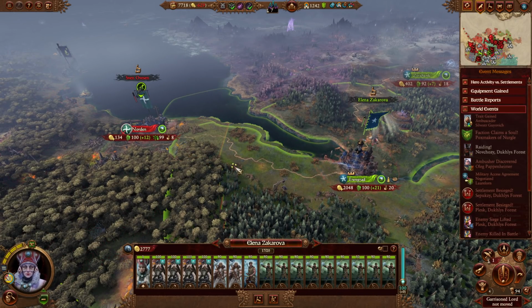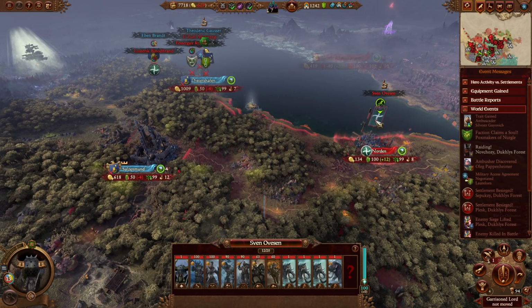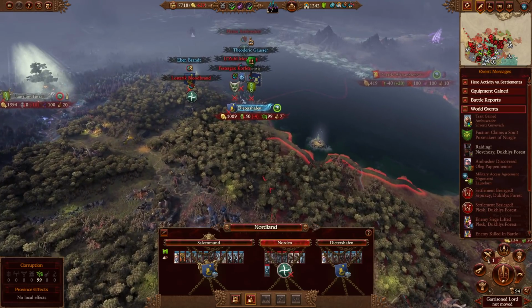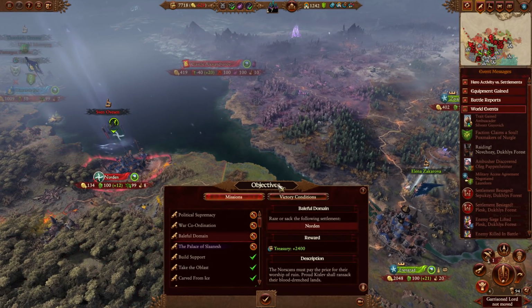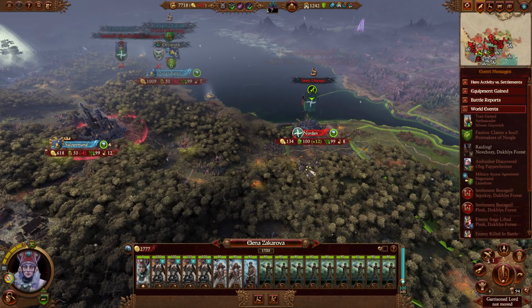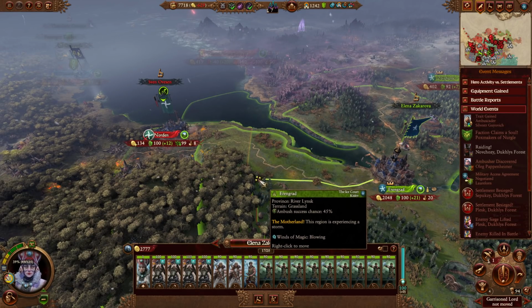I am tempted to try and set up an ambush. I am tempted, because if I can clear out this army, then I can probably take out the settlement, which would certainly help. They just want us to sack it, right? Raise or sack. Yeah, we could just sack it, and then maybe suggest that these guys take it. That might do the job. Okay,